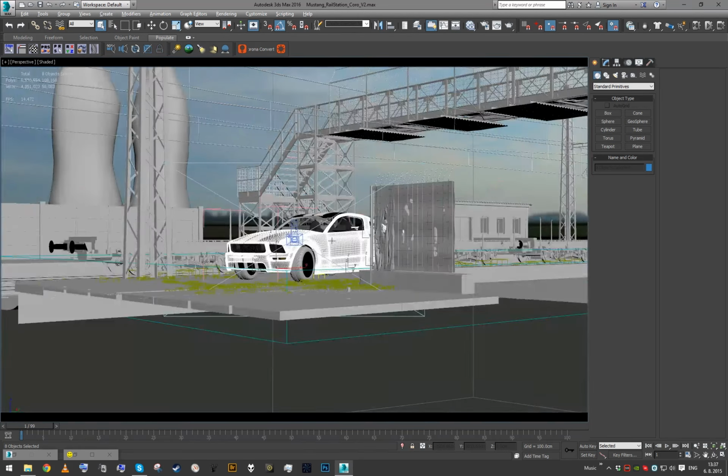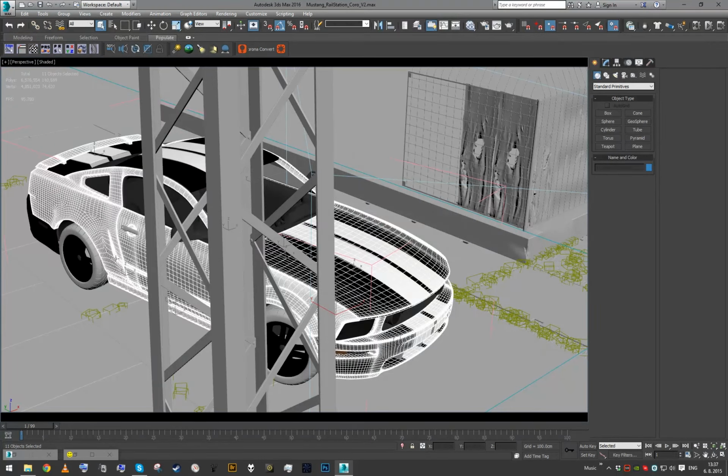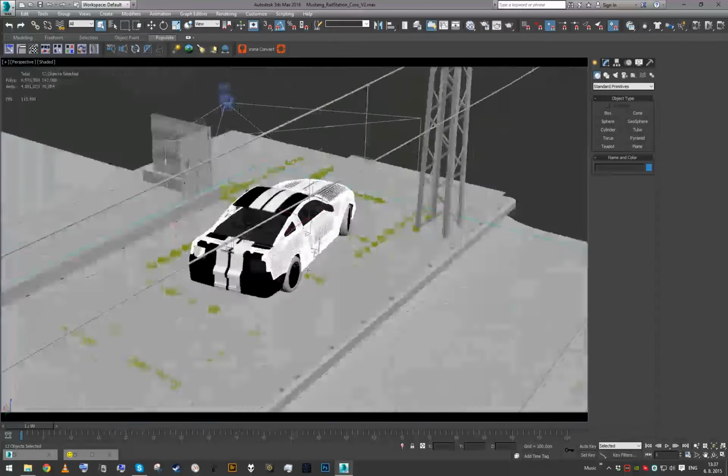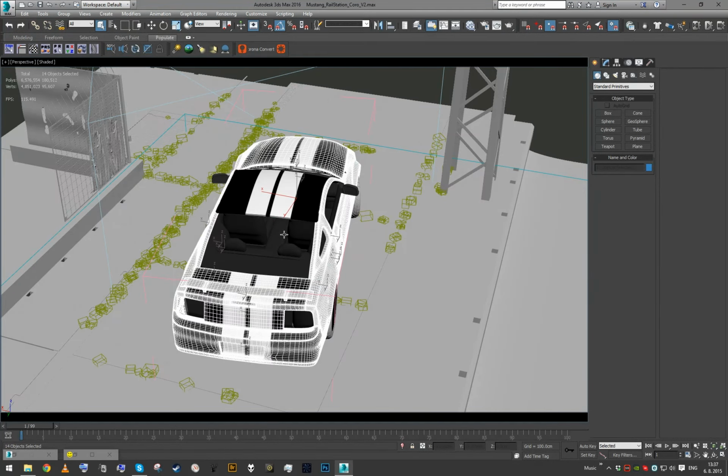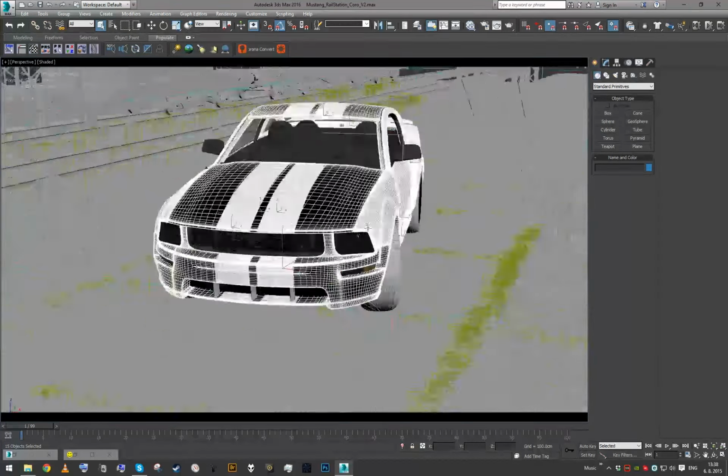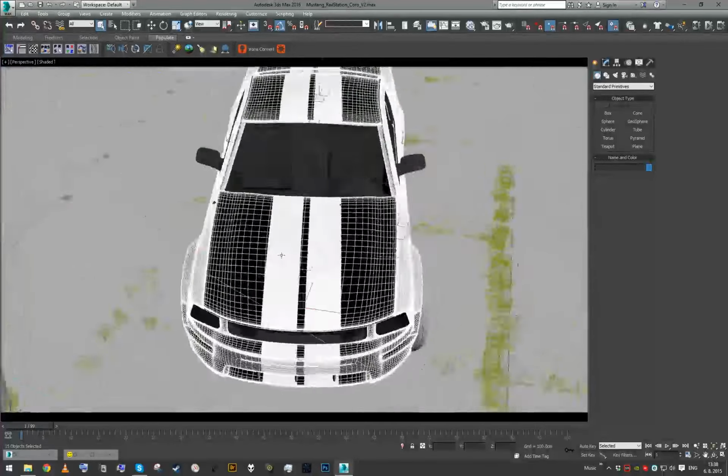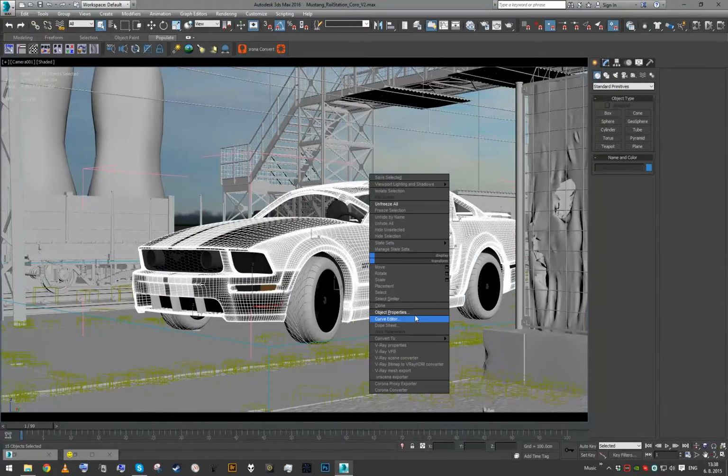Okay, so maybe just look around, grab them. They won't be really visible from our camera view, but I want to be sure I get all of them,